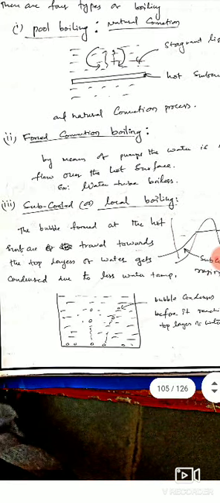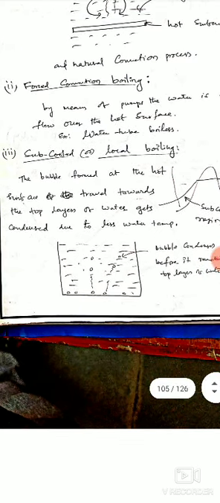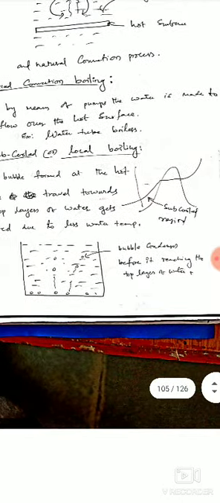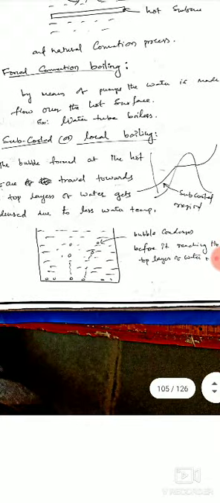Next, the third type, subcooled or local boiling. The bubbles formed at the hot surface travel towards the top layers of water and get condensed due to the lower water temperature. Very simple. Now take a container,